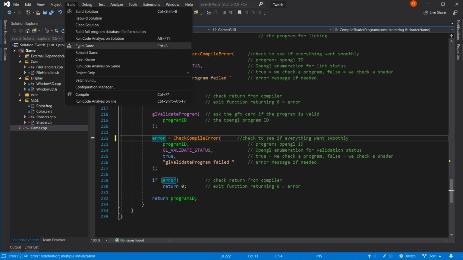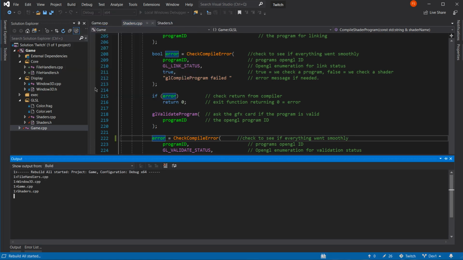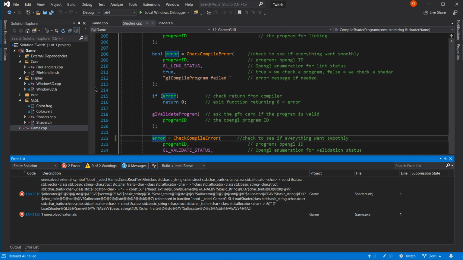Build. Rebuild, please. Give me it from scratch. Give me all the link warnings as well this time, because if you come on screen, I can show you how to deal with them. Come on. Yeah, we've got the warnings. That's good news. Allocator, vector, basic string, trait, standard... Anybody know what that means? I'll come back to you. You're too hard to read.